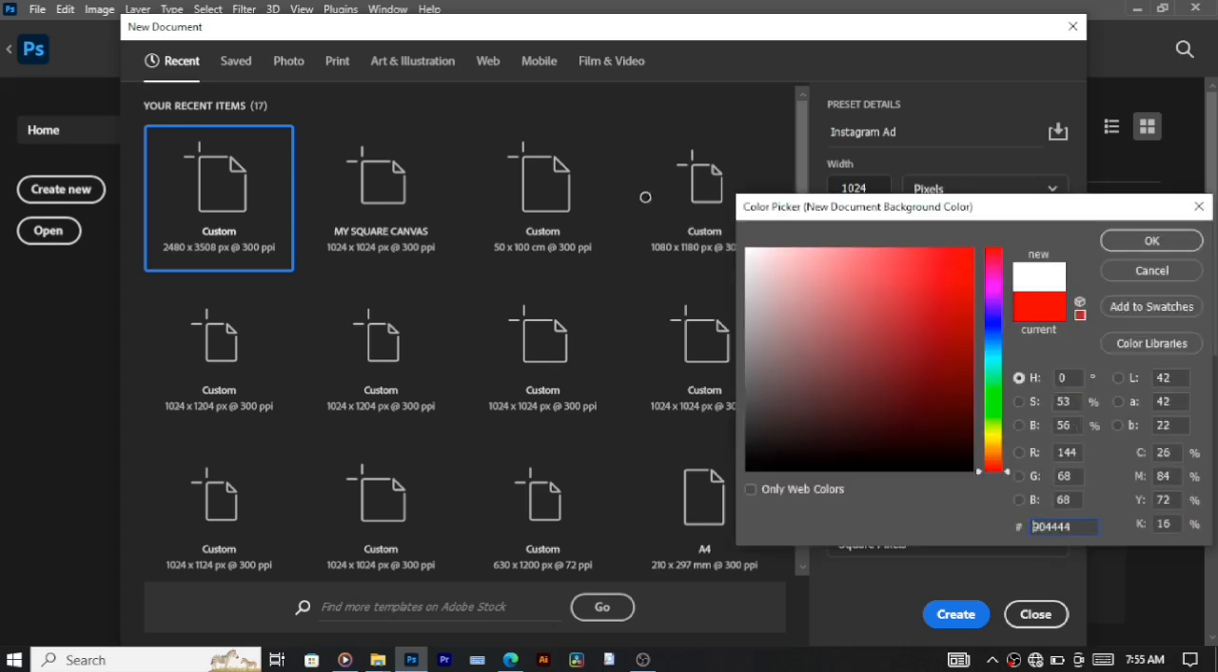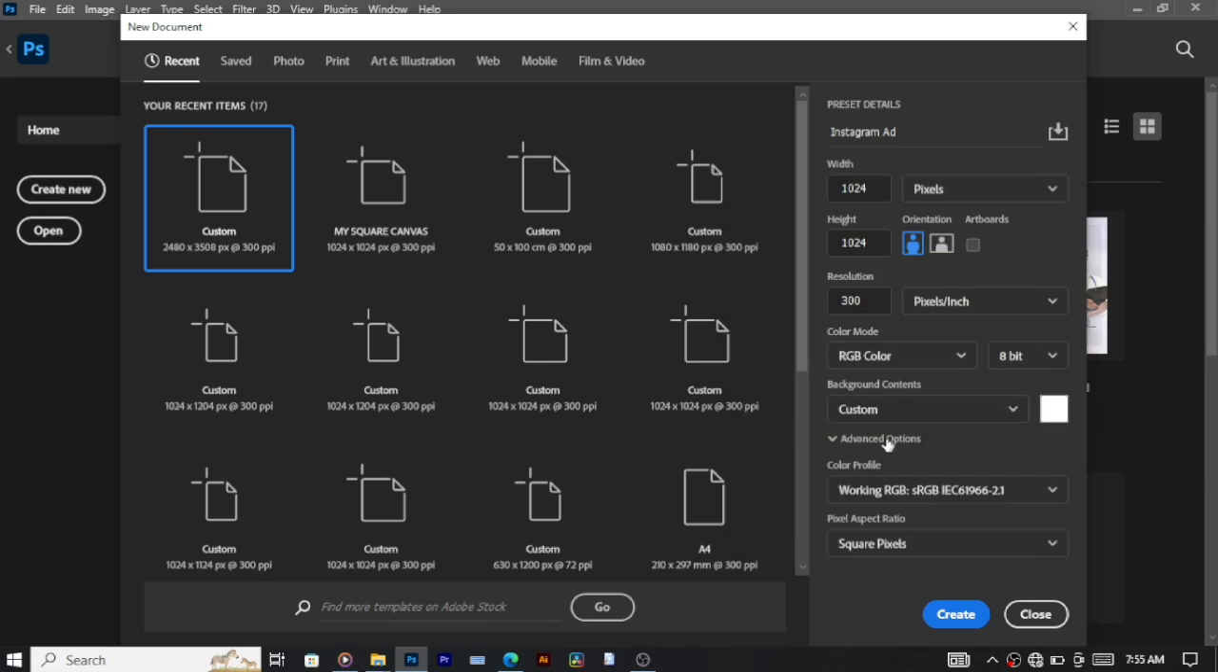Okay, so let me just pick white. Okay, actually let me just go ahead and say white. Yeah, so for this, these are the details that you have to know for now. And then if you want to be using this even maybe in the next project, go ahead and save this as